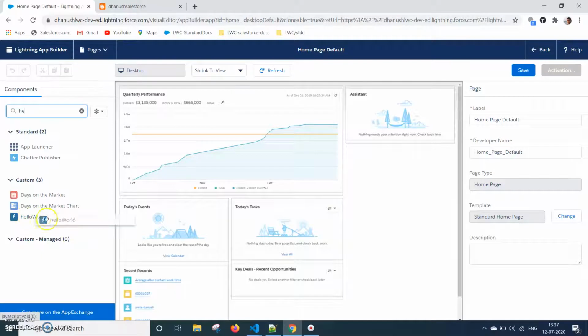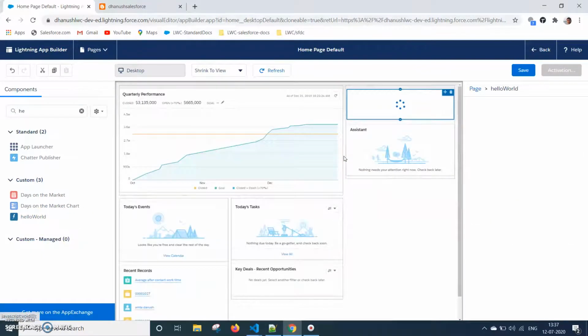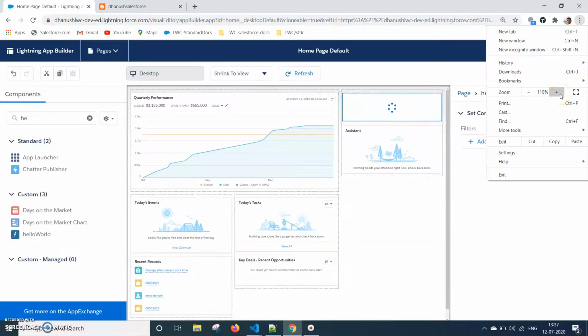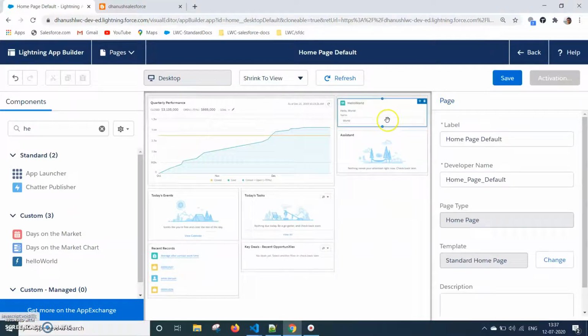Let us drag this component here to see the output. Yes, here the component is. You can check the code, hello world, name world.